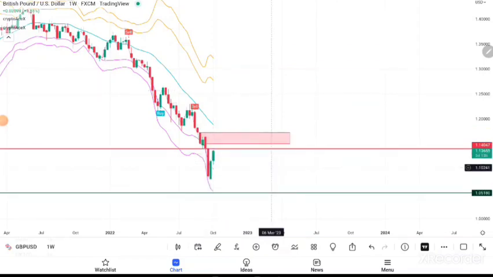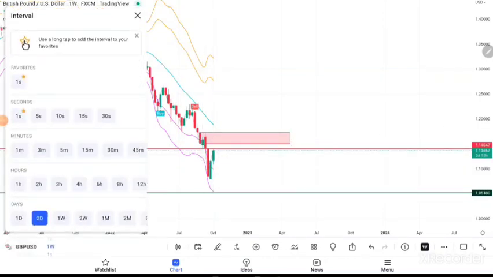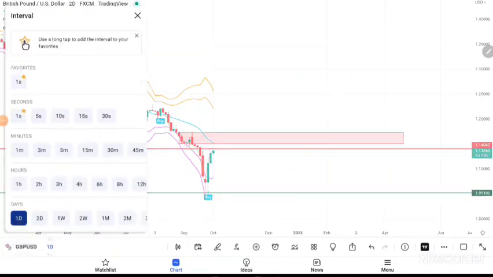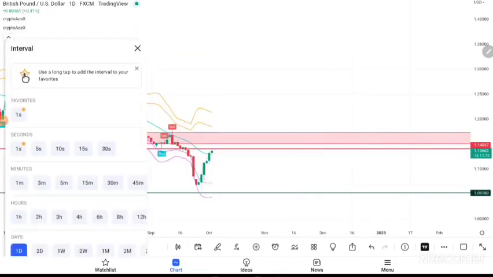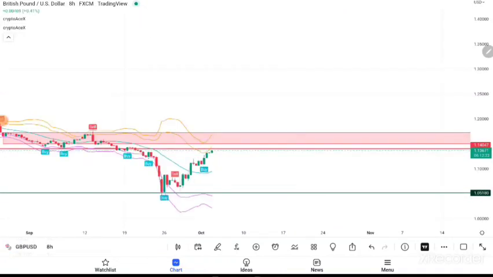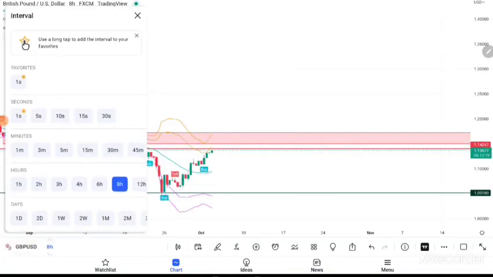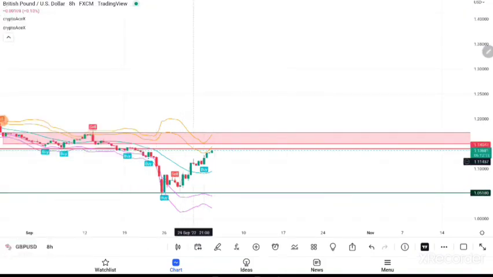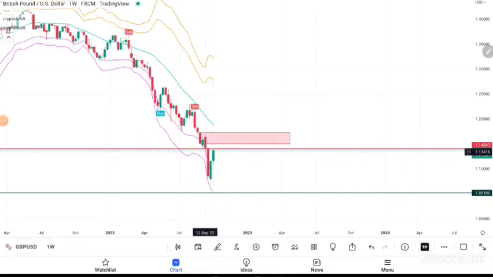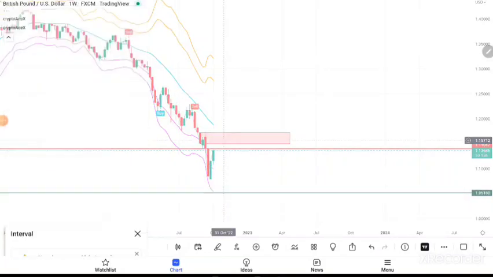What I want to start looking for here is for my indicator to start giving me a signal on the daily, not the 2-day, the daily or the 4-hour charts. Probably the 8-hour charts too, any chart from the 4-hour up to the daily, I'll be looking for a sell signal. You can see that the market has simply been drawn to this level. It might rally up through it a bit further to that weekly zone before selling off, or it could rally all the way back up here, because it is a very strong move. But if we look at the 12-hour chart,